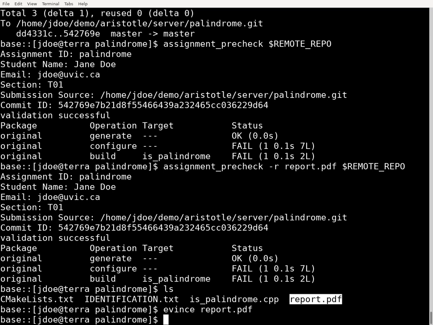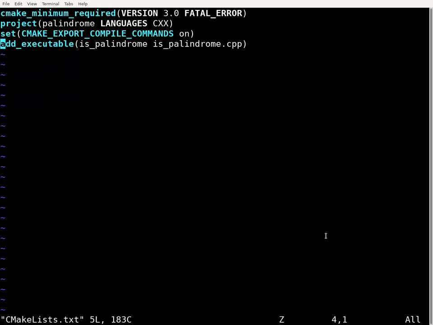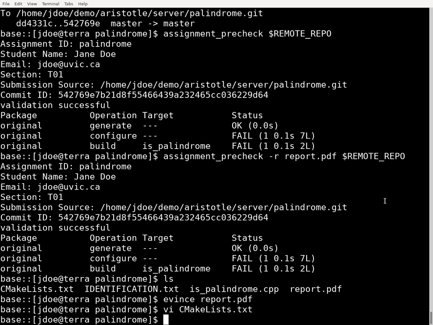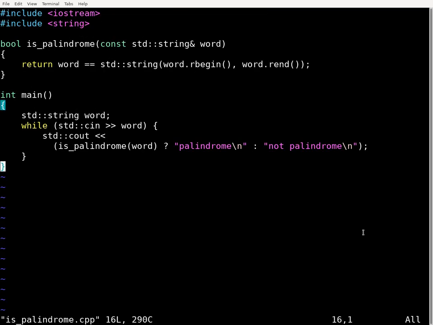And maybe I'll inject some additional kinds of bugs here. So I'll put the CMake list file back the way it was before, just so that that doesn't mess things up. And instead, I'm going to mess up the C++ source code file that's associated with this particular example. So let's edit is palindrome. And I'm just going to type some garbage at the end of the file